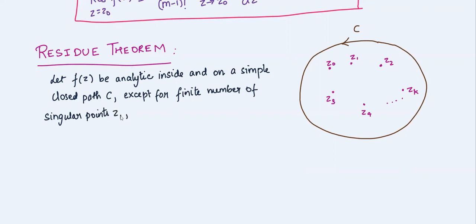I'll not say z naught, better to start with 1. So singular points z1, z2, z3 up to zk. Okay, then